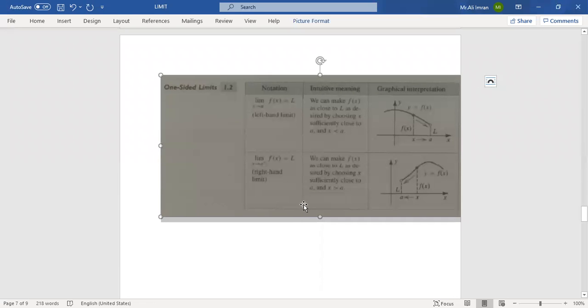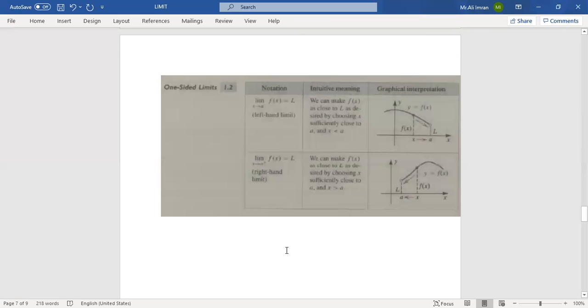Now I will explain the left hand one-sided limit concept, the left hand limit and the right hand limit. For the left hand limit, limit as x approaches a from the left, with a minus sign written above the limit, of f(x) is equal to L. It means that we can make f(x) as close to L as desired by choosing x sufficiently close to a,